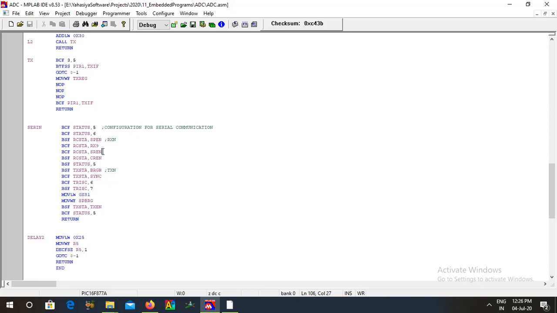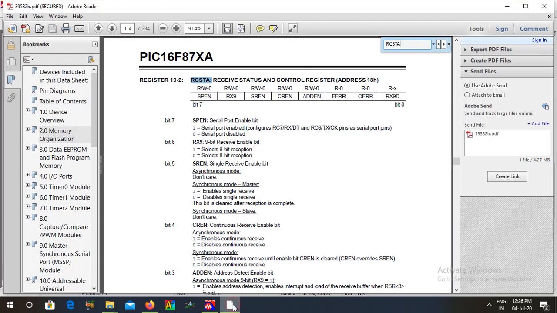Then we also clear SREN. What is this SREN? SREN means single receive enable bit. Actually, we are going to do asynchronous communication. In that case it is don't care, it is not going to be considered at all. Then